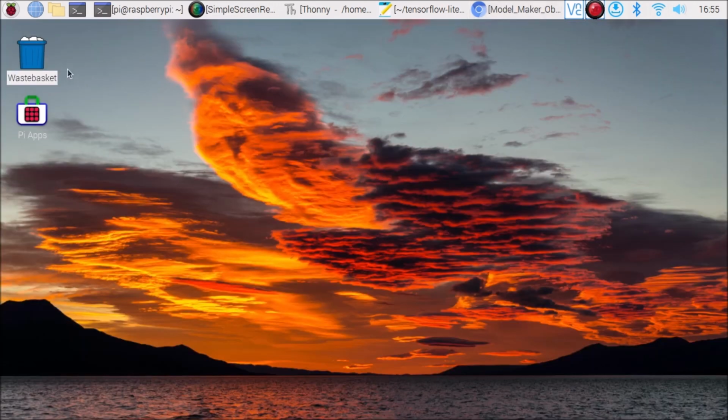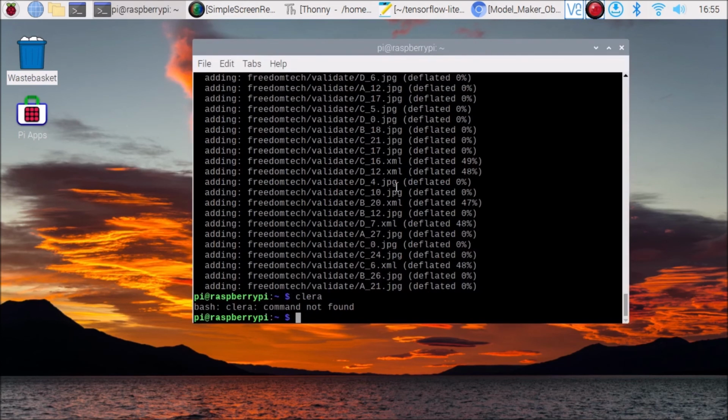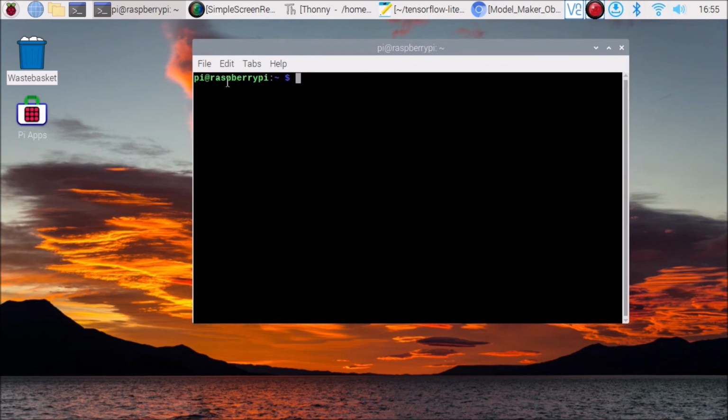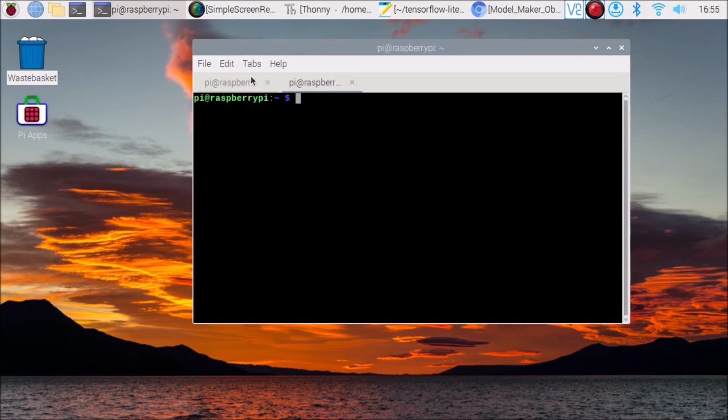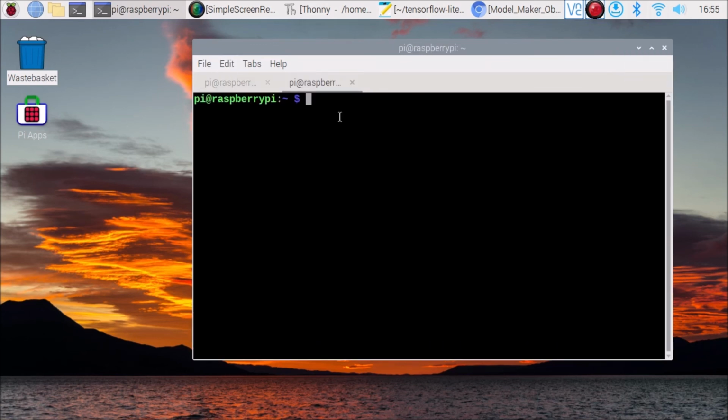Okay, so what we want to do is open our terminal, clear the screen, and we need to open another tab, file, new tab. Okay, so I'm going to zoom in here. And here first we need to move our model inside our TensorFlow Lite bullseye folder. So cd space downloads. This is the folder where we downloaded our model, as you can see, Android.tflite. So we need to move this model file inside our TensorFlow Lite bullseye folder.